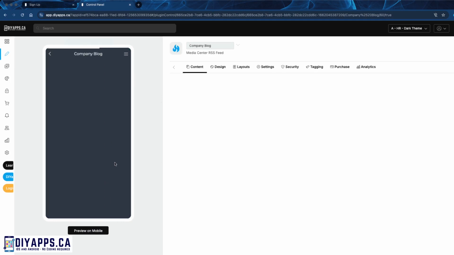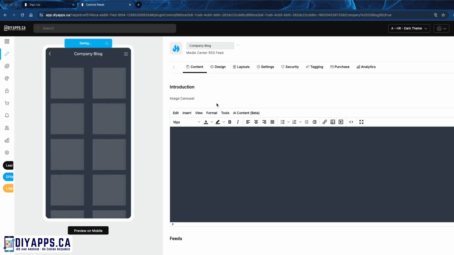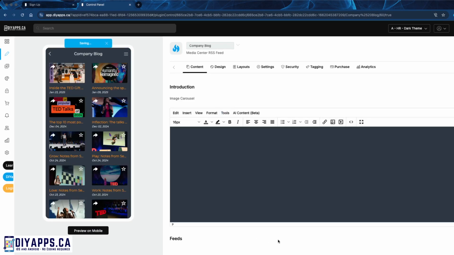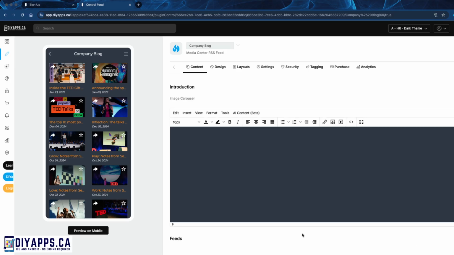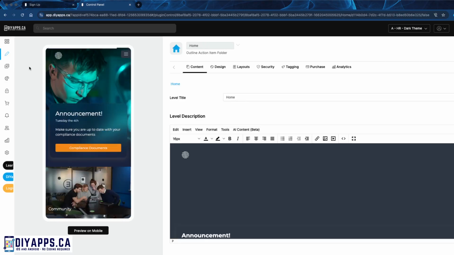And then company blog. So this one, what this particular company does is they're using an RSS feed, right? So you can always use an RSS feed if you want to just sync. Sometimes some of these tools you might not need to build from scratch. It's more on, do you have it, and how can you improve on it, and just have it on the app so people can access it quickly. All right, so those are some of the features I wanted to show you on the human resource kind of business